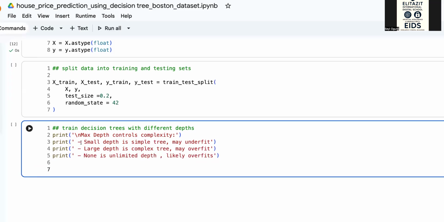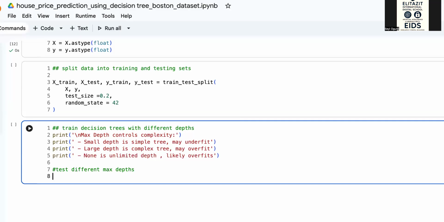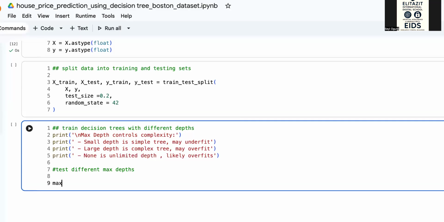Okay, so just hold on for me. I'm trying to do a setting. I will explain this. I want to test a different maximum depth, and I will also explain that. As I said, this is a new part today, so we want to test different max depths. So max depth